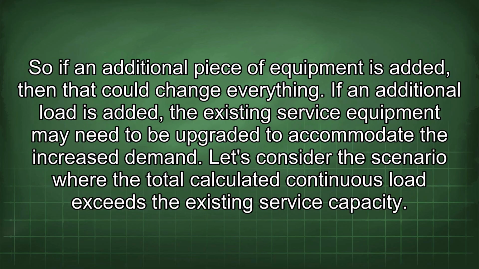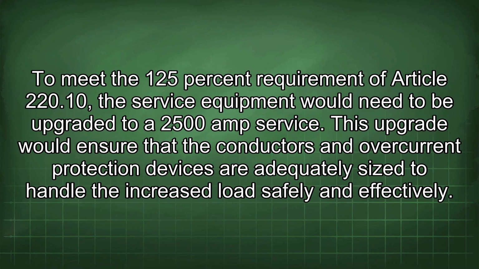So if an additional piece of equipment is added, then that could change everything. If an additional load is added, the existing service equipment may need to be upgraded to accommodate the increased demand. Let's consider the scenario where the total calculated continuous load exceeds the existing service capacity. To meet the 125% requirement of Article 220.10, the service equipment would need to be upgraded to a 2500 amp service. This upgrade would ensure that the conductors and overcurrent protection devices are adequately sized to handle the increased load